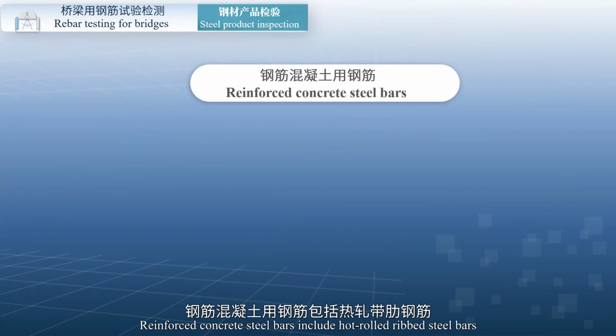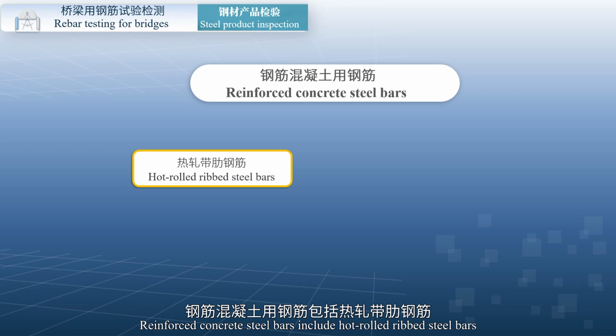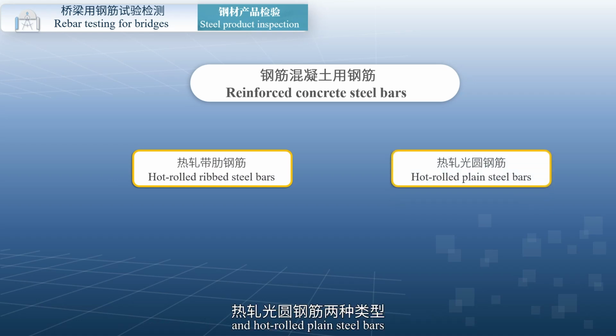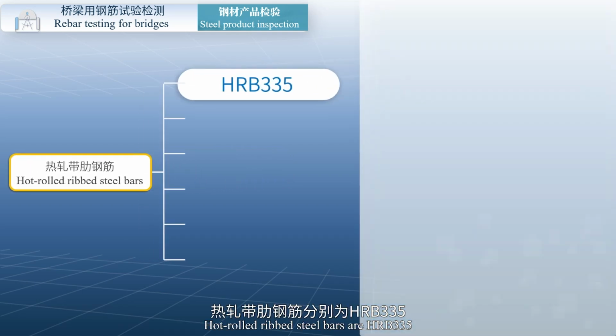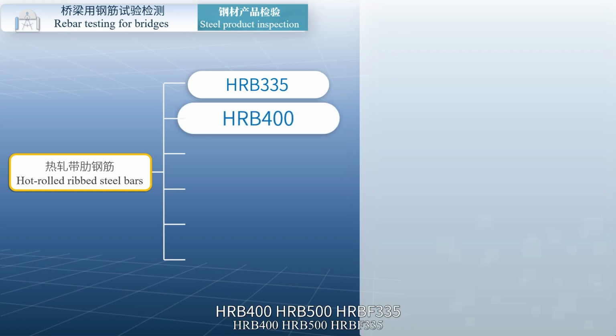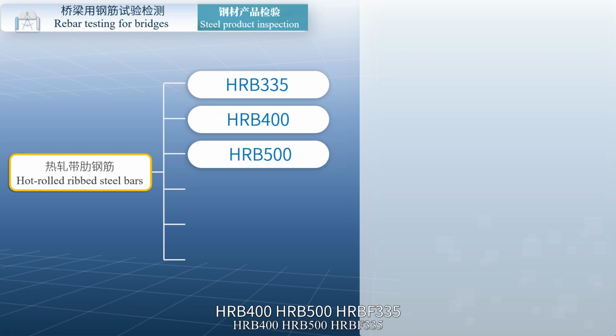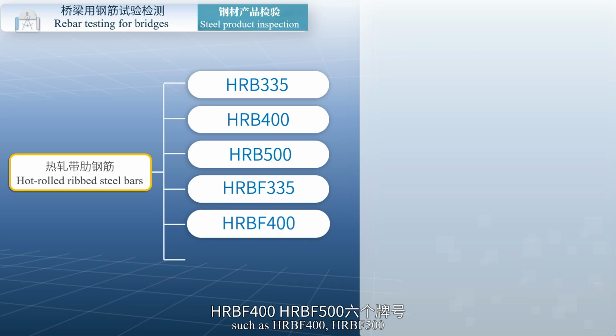Reinforced concrete steel bars include hot-rolled ribbed steel bars and hot-rolled plain steel bars. For hot-rolled ribbed steel bars, mechanical and bending tests shall be conducted, along with reverse bending, fatigue, inspection of welding performance and surface quality. Hot-rolled ribbed steel bars are HRB 335, HRB 400, HRB 500, HRBF 335,